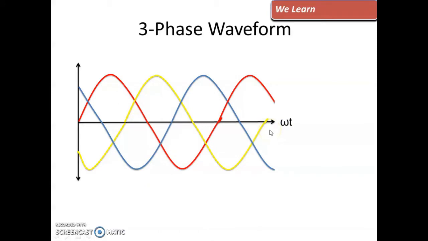That is the EMF induced in one winding, but we know that in the armature we have three-phase winding. Three-phase windings are distributed along the inner periphery of the stator, and three-phase EMF gets induced in this three-phase winding. Because three-phase EMF gets induced, we have three-phase current IR, IY and IB flowing in this armature winding, which is then given to the load. So this is how the current flows in the armature conductors, which are displaced from each other by 120 degrees.